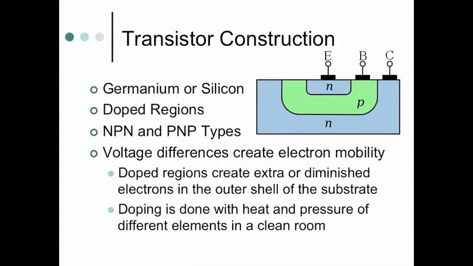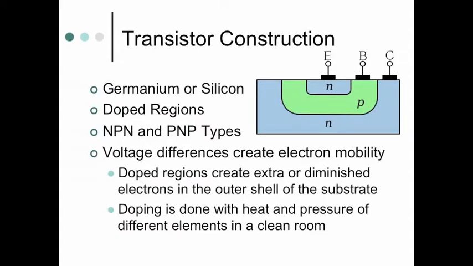And what they do is they inject different elements into different parts of it to give it different electrical properties. So the NPN and the PNP regions, they dope it with an element with one extra electron, 5 in the outer shell instead of 4, or they dope it with an element that has 3 electrons in the outer shell, so it wants to give them off, and the one with 5 wants to take them on. So that's kind of how they change the electrical properties of the silicon in different regions to have different kinds